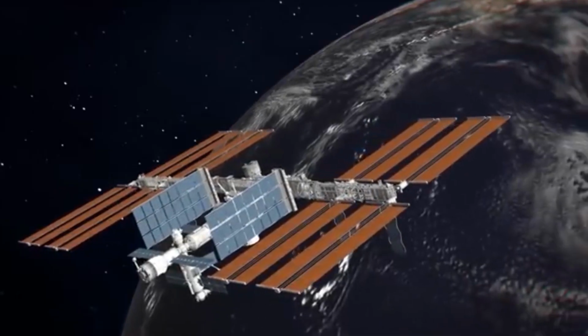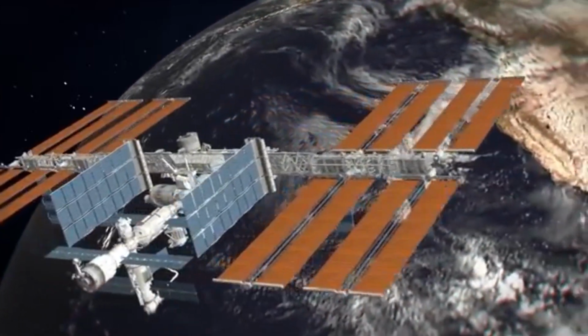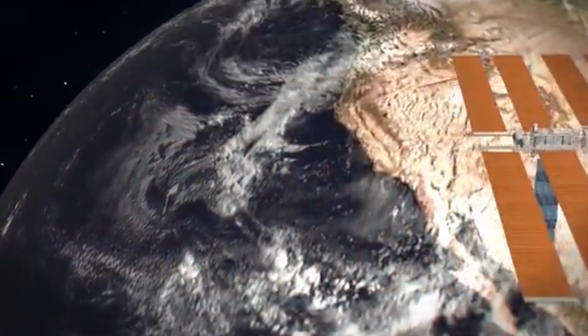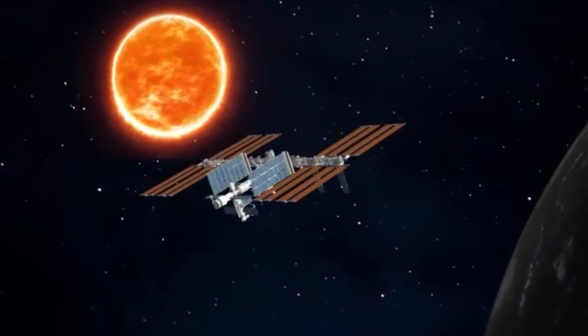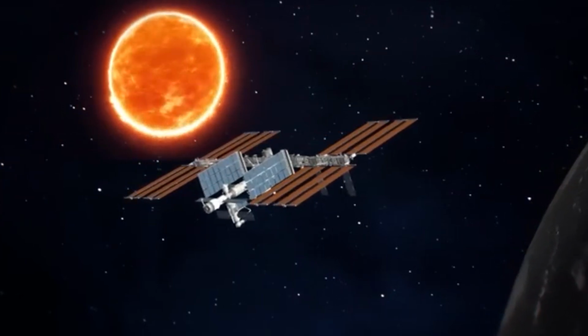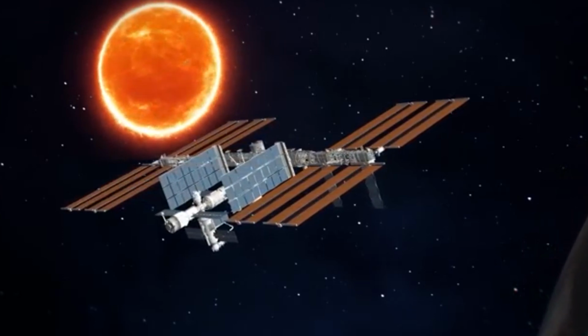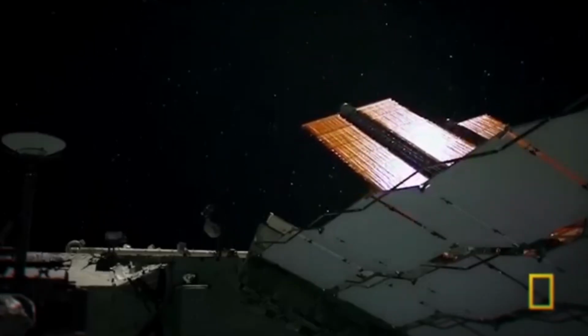The ISS relies on solar power for most of its energy needs. The station is equipped with large solar arrays, which are accordion-like blankets that unfold once the ISS is in space. These arrays capture sunlight and convert it into electrical energy, powering the entire station. Each solar array is designed to generate between 84 and 120 kilowatts of electricity, enough to power over 40 homes